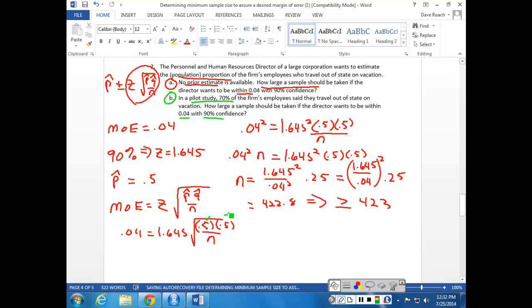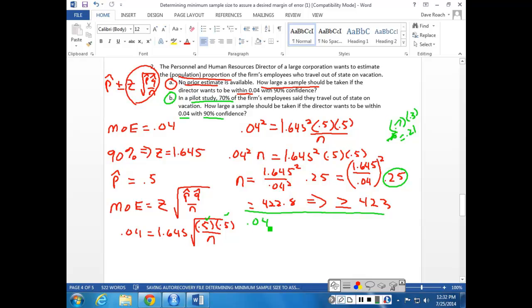That was 0.5 times 0.5, but now you would have 0.7 times 0.3, which is 0.21. So if you already have this in your calculator, just hit second, enter, and change this to 0.21, and you'll get the answer. But working it out further, we would have